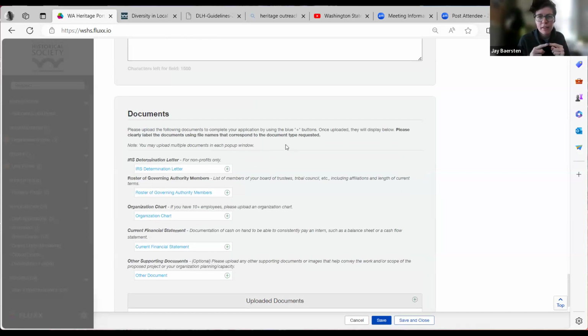That is so that you can save when you're done and it saves in the system. And then another person from your organization could log in and say, I'm the one providing this document or that document. So different people can work on the same application, not at the same time. You can only have one person at a time in edit mode. But once you go into view mode, it's saved in the system.